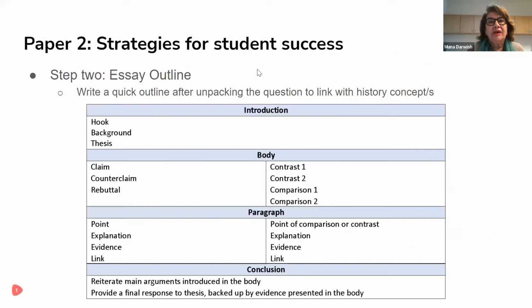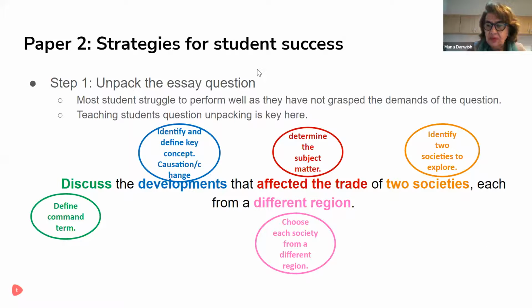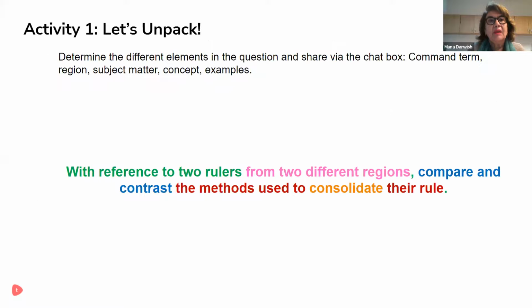This is an activity that I want you to do. Sorry. The activity is to determine the different elements in the question and share via the chat box: command term, region, subject matter, and concept examples. The question is, with reference to 2 rulers from 2 different regions, compare and contrast the methods used to consolidate their power. So here,